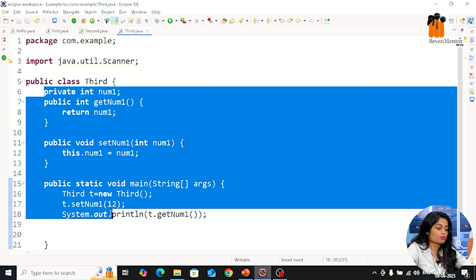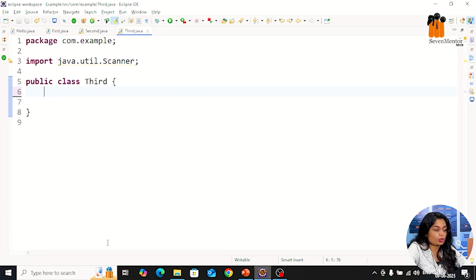Now let's move ahead and go with a new topic, another pillar which is called inheritance. Now this is a very important concept. Inheritance means accessing parent class properties in the child class. It is called inheritance. Why access the parent class properties in the child class? To achieve reusability of the code, we are using inheritance. Inheritance mainly has 5 types: single inheritance, multiple inheritance, multi-level inheritance, hierarchical and hybrid. Those are the 5 types of inheritance.